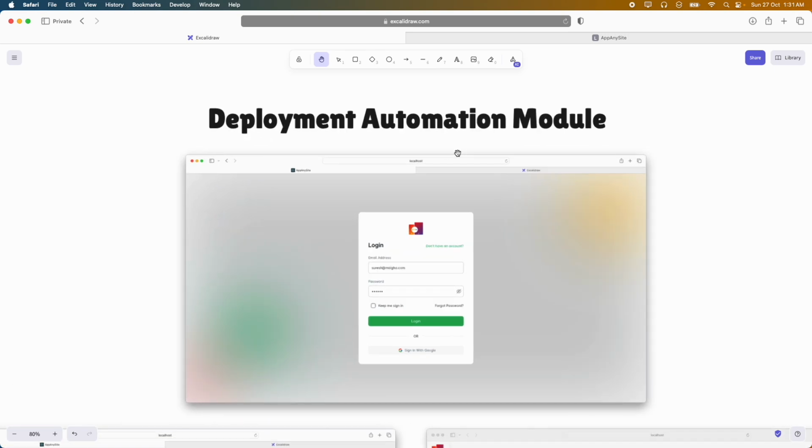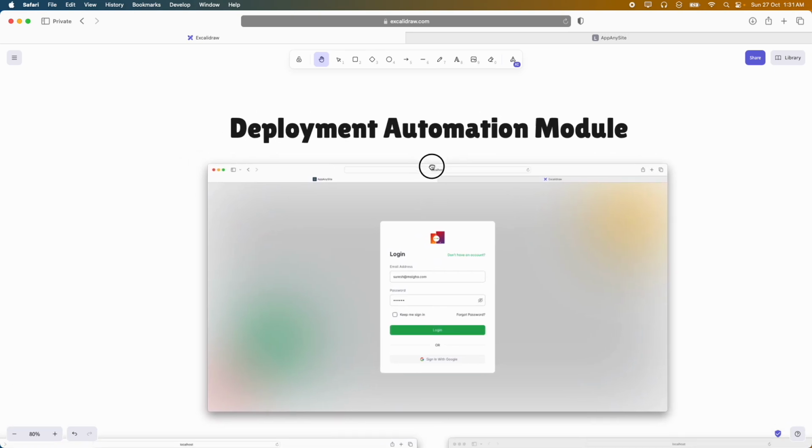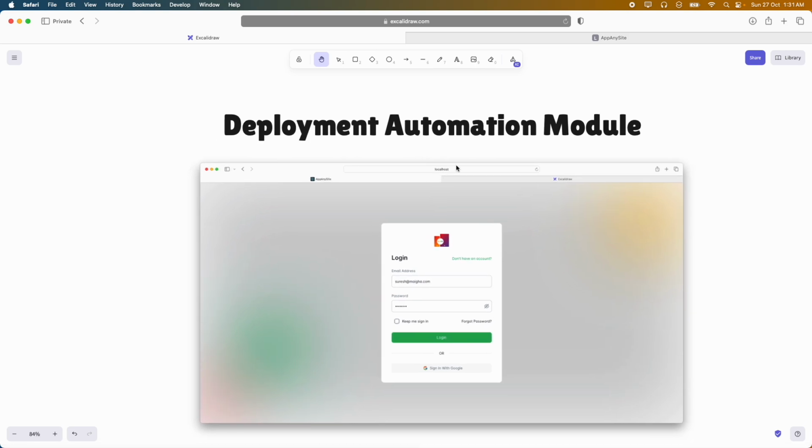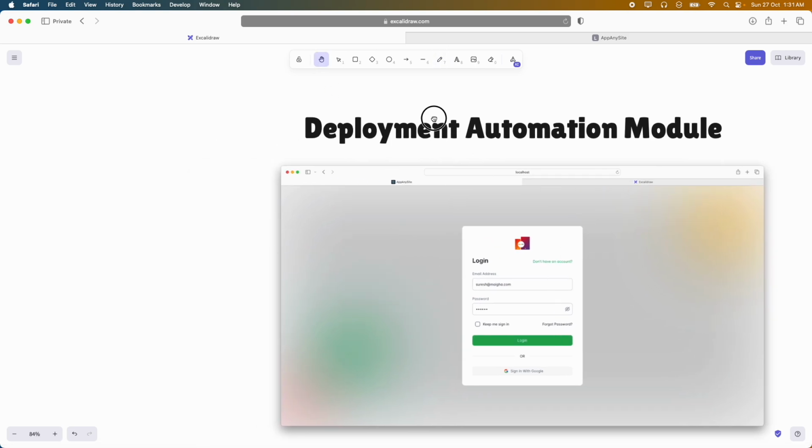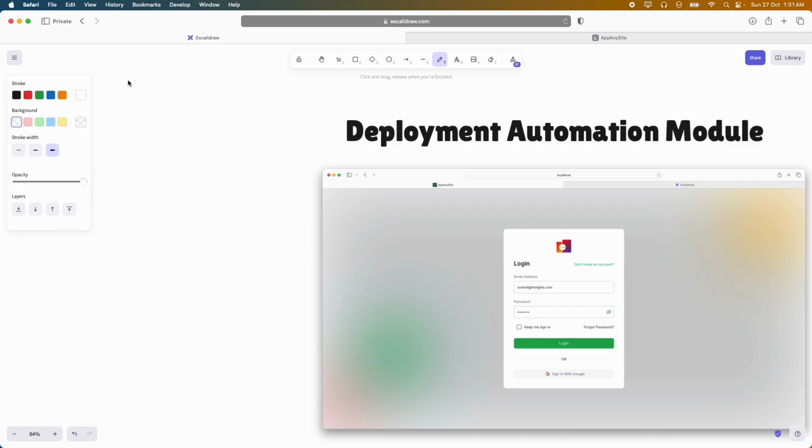In this video, we are going to discuss the deployment automation module. So in sprint 2, if they run the package which we are going to deliver to them,